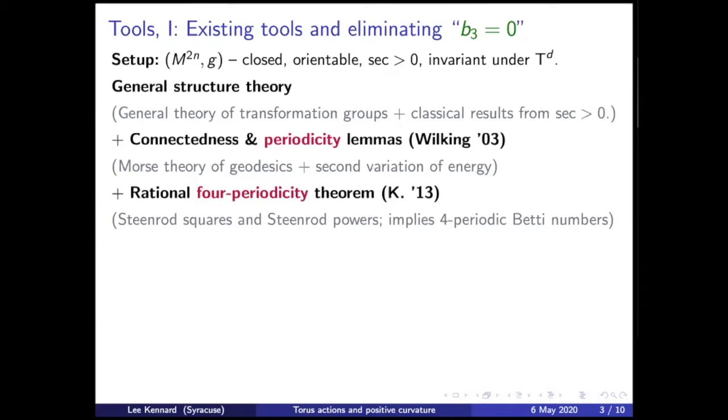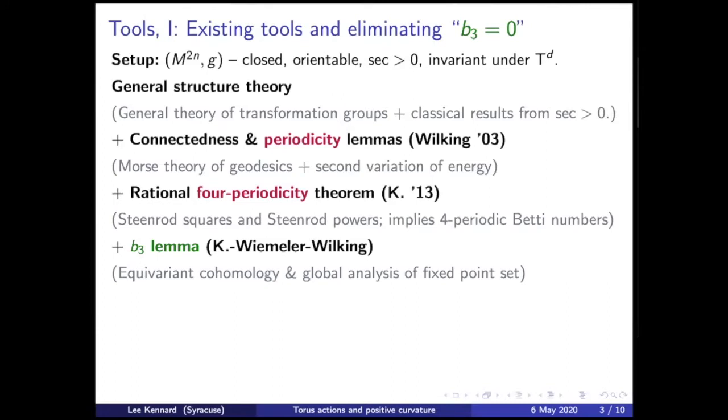To get the other half, you need to know that the 3rd Betti number is 0. And this is the first new tool. This was something that I personally had been trying to figure out for a long time. So this is a new lemma that, unfortunately, I don't have time to discuss, but it involves some new ideas involving using equivariant cohomology. It requires that you look at all of the fixed point components at once and think about how all of those Betti numbers add up and everything's 4 periodic, and can this happen?